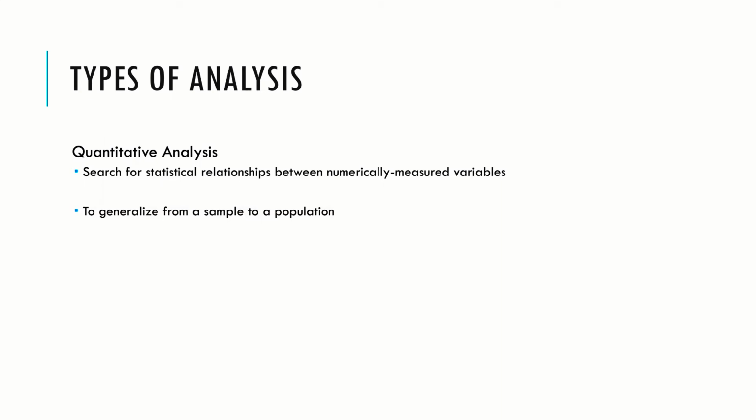We take a small sample that looks very much like the population, and then we try to generalize. We try to find statistical relationships within our sample, and we say, because this sample looks so much like the population, whatever we find here in this small sample, we are very likely to find in the population. Right? So that's why we do that. Statistical analysis is just allowing us to rely on this idea of probability to say, given the probability of inclusion in our sample, we can say with a certain amount of certainty that what we find here in terms of quantitative relationships between variables is the same thing we find out there. Right? With numbers, we can do that.